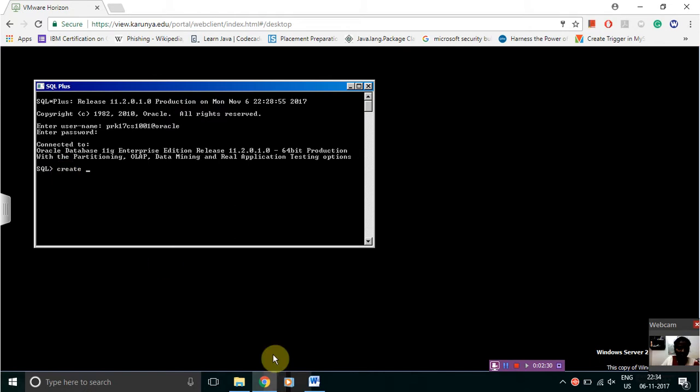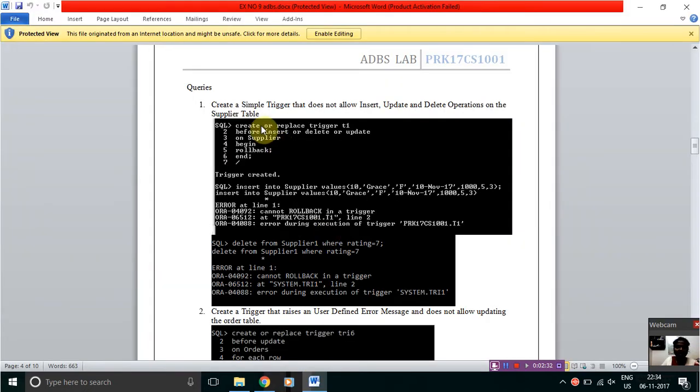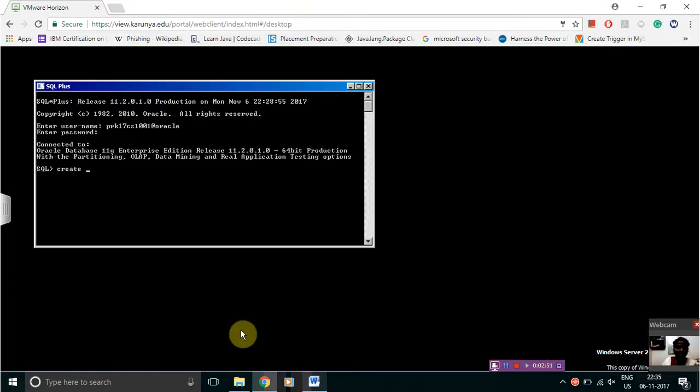Create. First, we should use create or replace trigger name. So, does not allow insert. So before insert, delete, or update, we should create this trigger. So for before, on which table, the supplier table. So begin or rollback. So I'm going to give create or replace